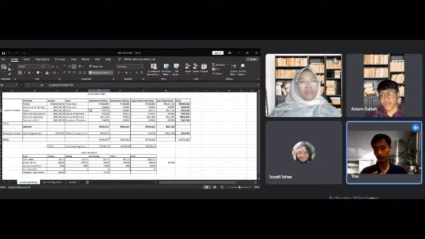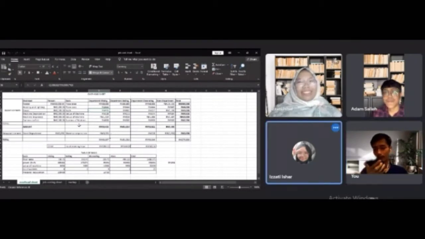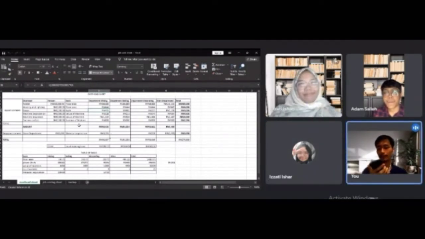So power for mixing, we can see at the table of basis, amounted to 180,182, and then for baking 270,273, for decorating 90,091, for store 45,455. So the formula for all departments, the value that I mentioned, and then divide by the total for power, which is